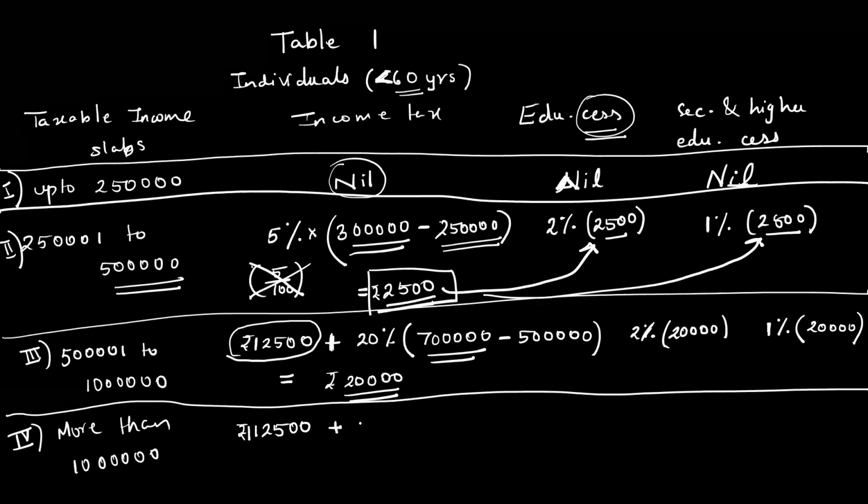Plus, what else? Plus 30% of the taxable income. Not the whole, so tell me: tax on 12 lakh minus 10 lakh. So taxable income minus 10 lakhs will come, so that will come 2 lakh. Correct. So 12 lakh minus 10 lakh. That will come 30% of 2 lakh. We will do that calculation later on.